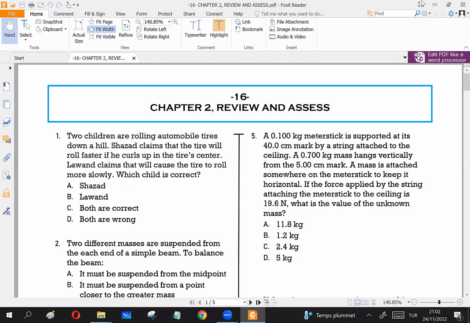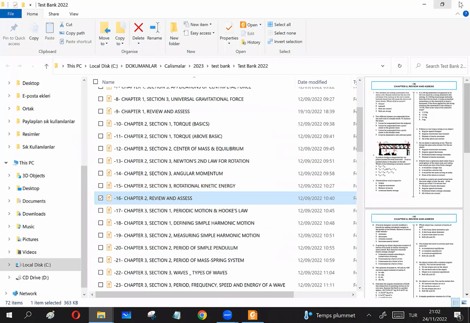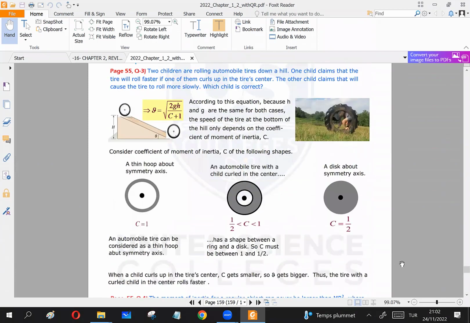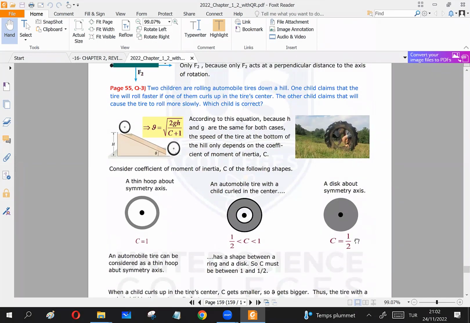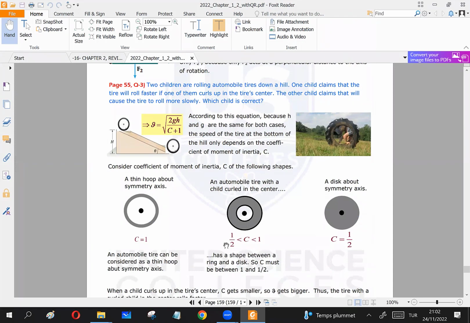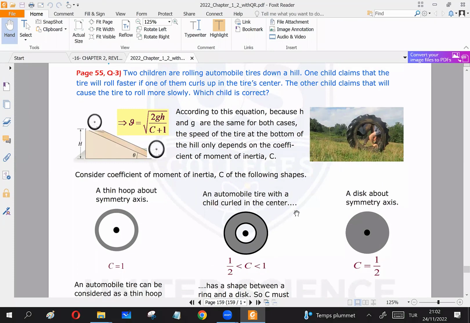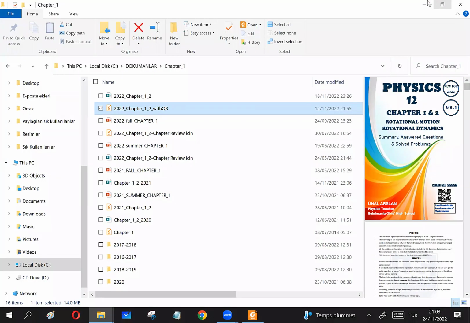Which child is correct? I will just open the chapter question related to this one, then go on to the solution. Okay, this question. So two children are rolling automobile tires down a hill. One child claims that their tire will roll faster if one of them curls up in the tire center, the other child claims that this will cause the tire to roll more slowly. Which child is correct? I just added the names for the children. The question is this in the